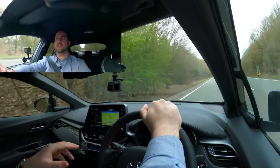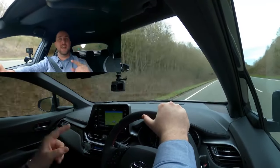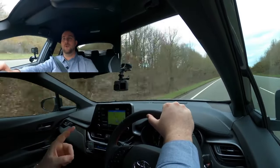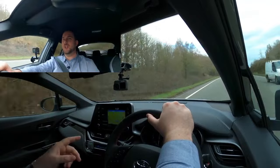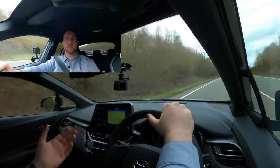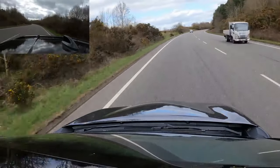So just to go through the figures again, the 1.8 is 122 horsepower, 0 to 60 is 11 seconds on the nose. The 2 litre is 184 horsepower, and that's just over 8. I think it's 8.2 to 60, which is pretty good, to be fair. I mean, it's going to give you that kind of sportier vibe, but you are going to get